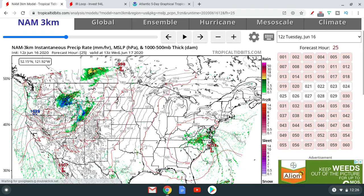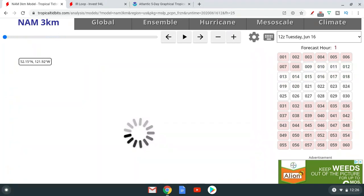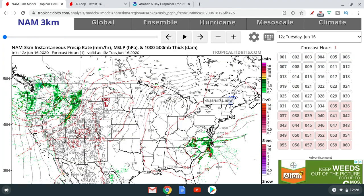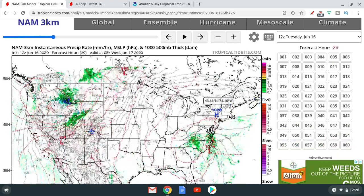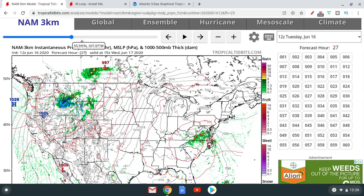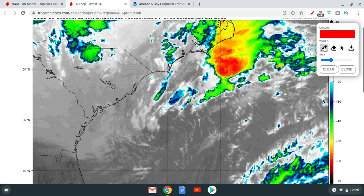But we're just going to have to see how it does, what happens. Right now, it's currently located just off the coast, and it's supposed to get its act together. So it's really interesting right now, and I do think it could pull a Bertha, because if we do remember